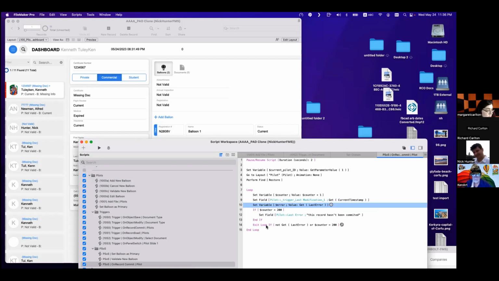And then I say if not error or counter, okay? So that means here it will say, okay, I'm setting the counter. Each time I have a loop, I'm trying this. I'm collecting the error each time.